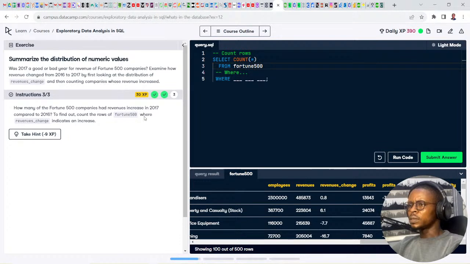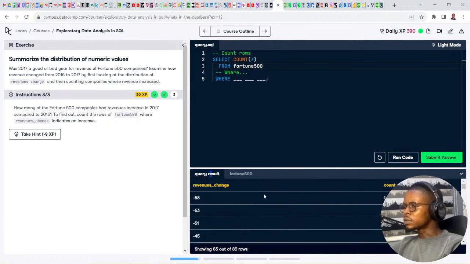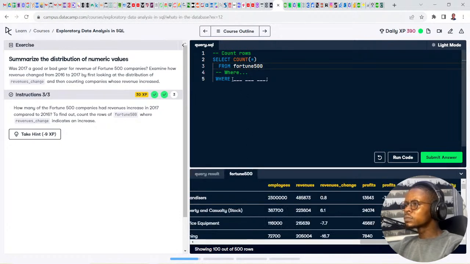Where revenue change indicates an increase.